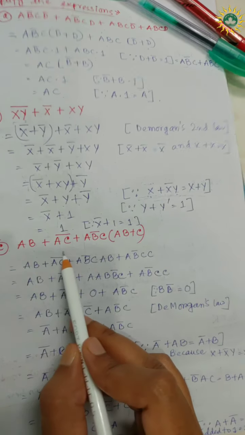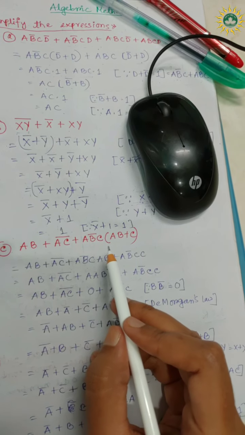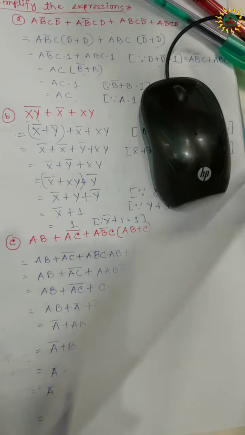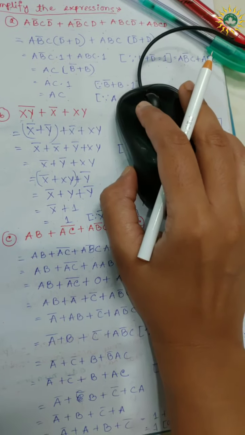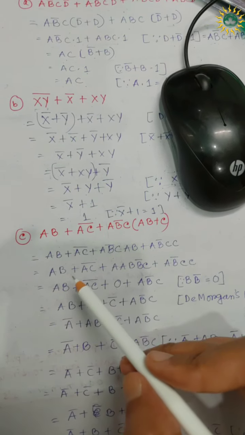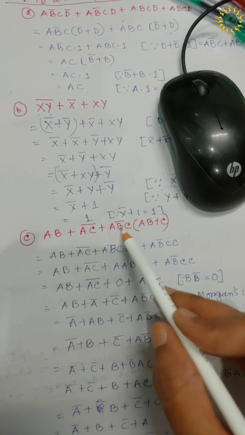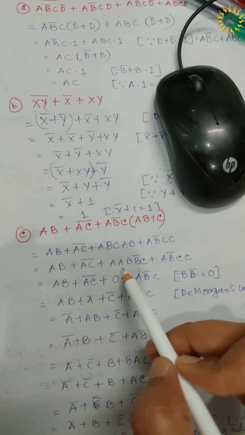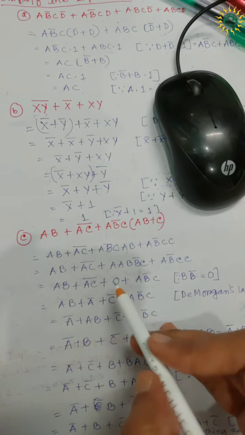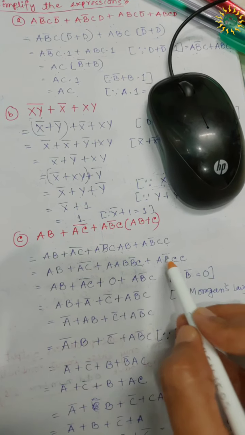So we have (AB plus AC) whole bar plus AB bar C, and then multiplied by (AB plus C), right? Now after that we have multiplied this: AB bar C AB, AB bar C C. Now we have actually placed them into the right places, which is A B bar C, A B bar C C.